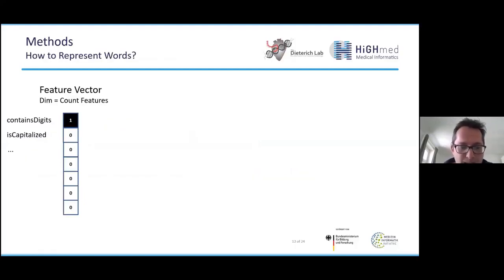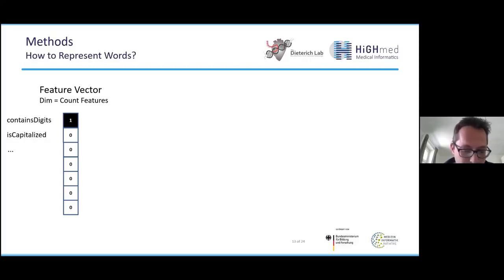In NLP, actually, the most important and a very crucial part is representation learning. So what does that mean? First of all, if we are processing text, we need to convert this text into kind of a numerical representation. Otherwise, we cannot process it in our deep learning models because they are based on calculations and numerical inputs.